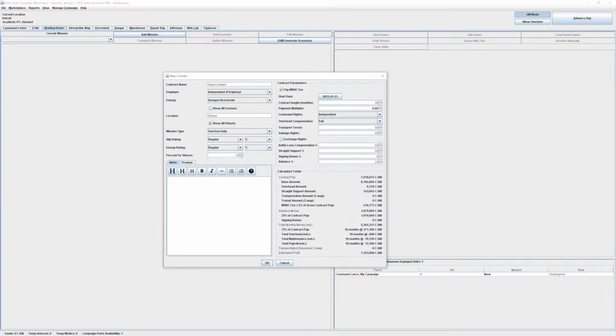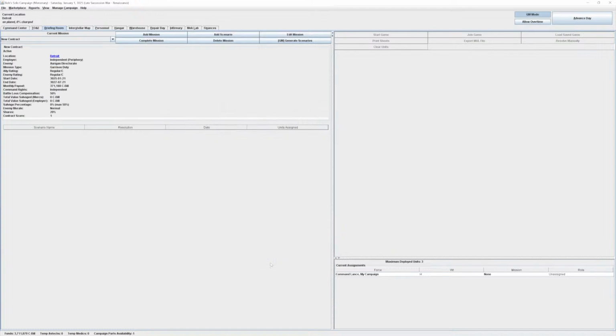All right, so this sets up the contract, and we'll make some money doing things. Good enough. Now, if you're doing a campaign game where you're creating the scenarios, the contract isn't that important. Just make a contract. And this contract's going to require that we have something set to defend. So down here,